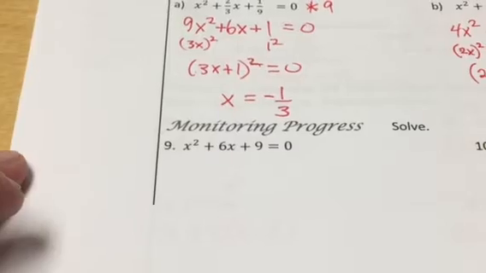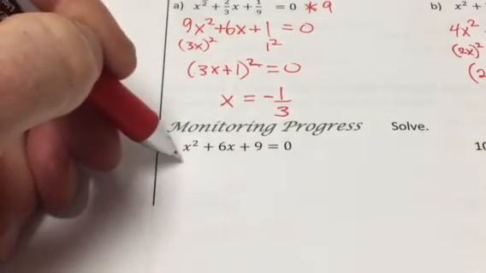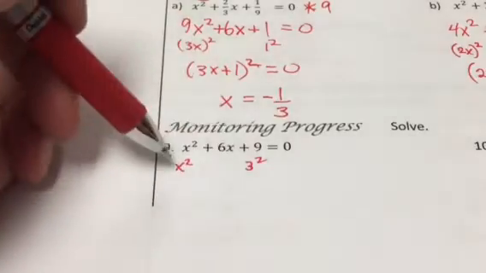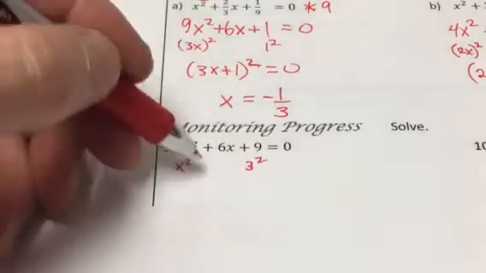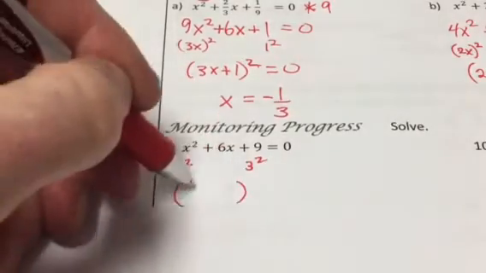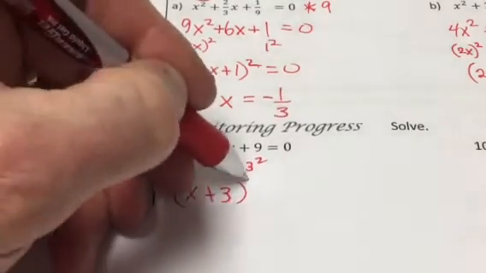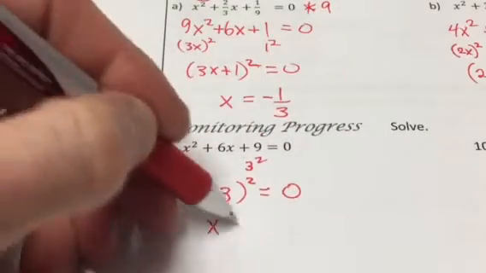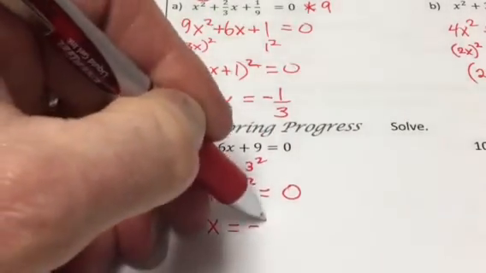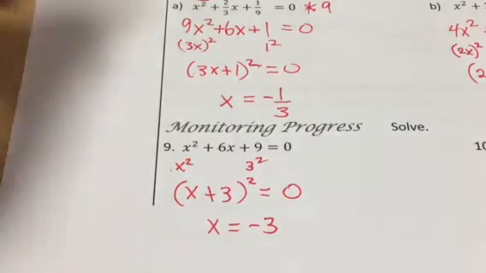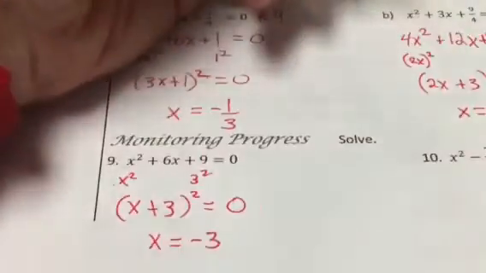And we are back. So number 9, that's x squared, that's 3 squared. 3 times x twice is 6x. So the factors here are going to be x plus 3 squared. That's equal to 0. The value of x that makes that 0 is negative 3. Okay. And over here, we need to figure out a